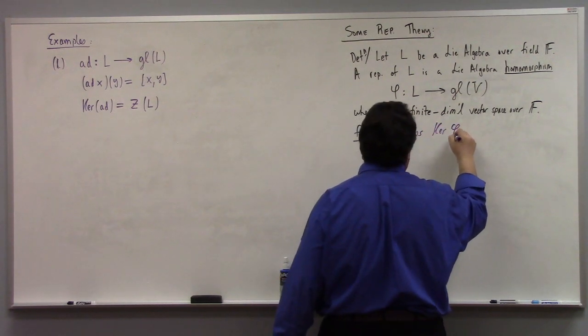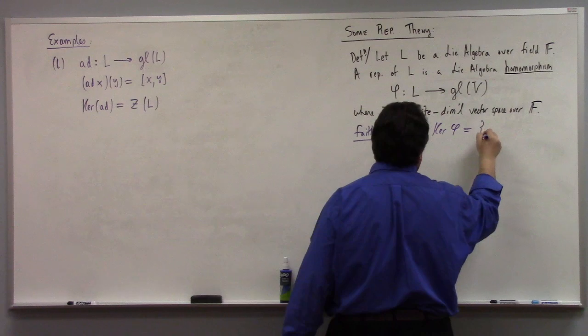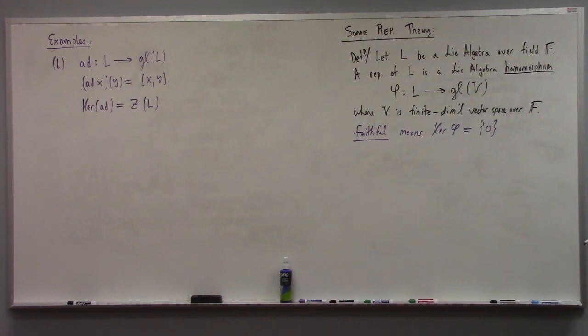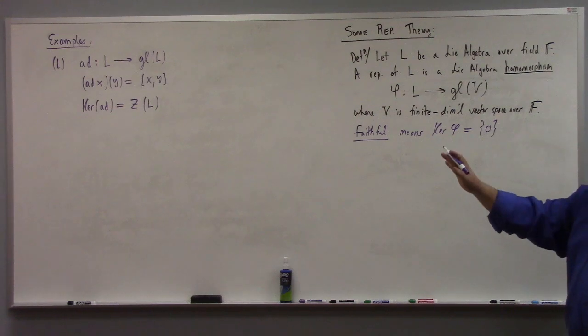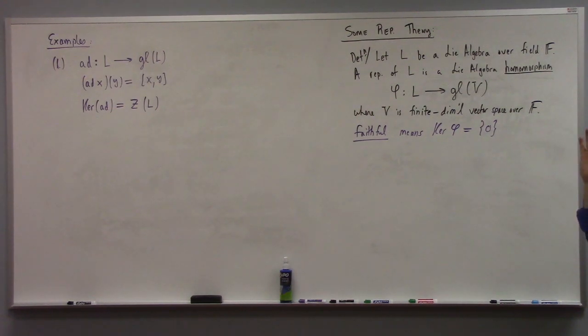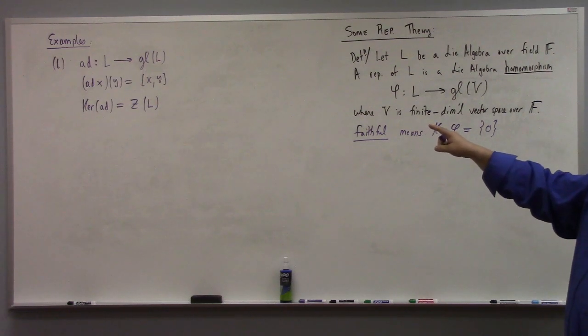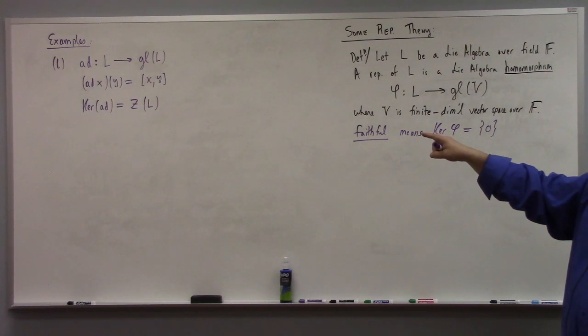So the kernel of phi is trivial, all right? And I guess then it would be a faithful representation of L onto its image in GL(V), if that was the case. You'd have a one-to-one bijection. So if it's faithful, then you have a Lie algebra isomorphism into the set of transformations or matrices of your representing space. So over here, the adjoint mapping is faithful if the center of the Lie algebra